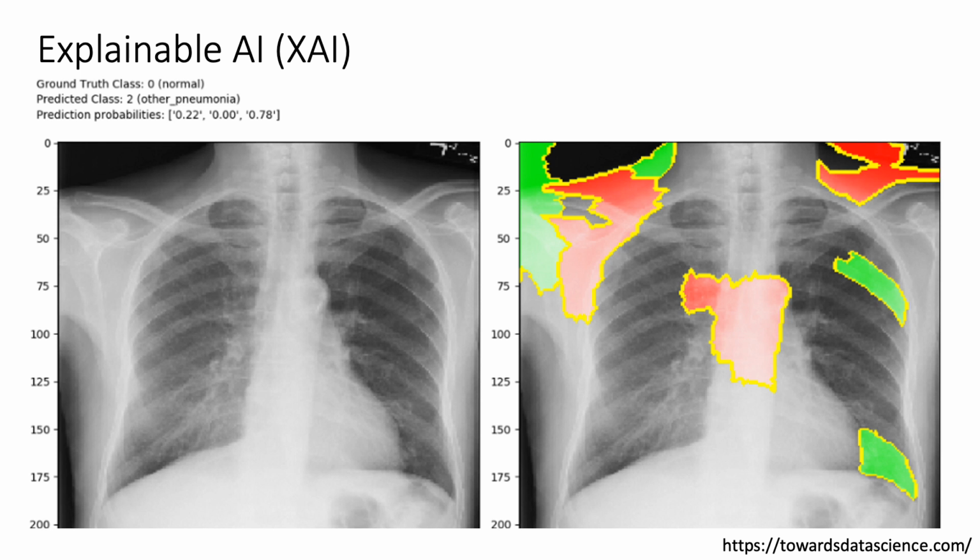So in this particular example, this is a normal chest radiograph on the left, and the AI has chosen to predict it as belonging to a class of pneumonias. It shows you in green the regions of the image that supported the prediction of pneumonia, and in red the regions that went against that prediction. But the ultimate prediction was pneumonia. And so you get a little bit of a better sense of what the model is honing in on